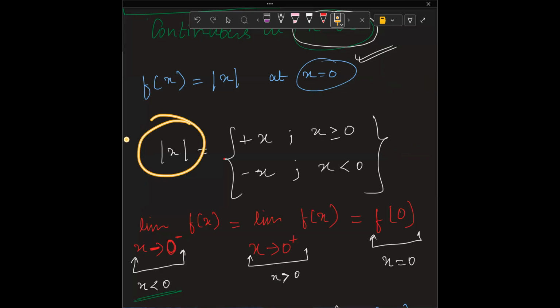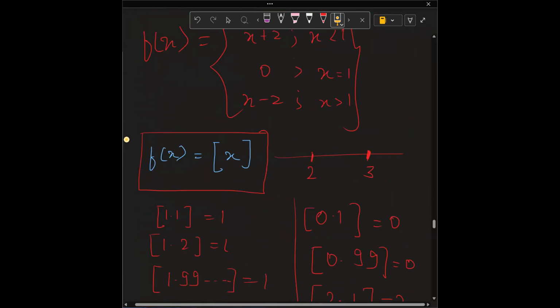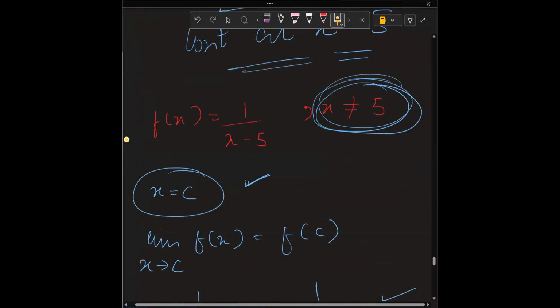So ये ध्यान देने वाली बात है कि इसको ऐसे लिखते हैं. We cannot directly just substitute our value. We have to first of all convert this into definition, and this is the definition of mod x. Okay. And if we are talking about this question,